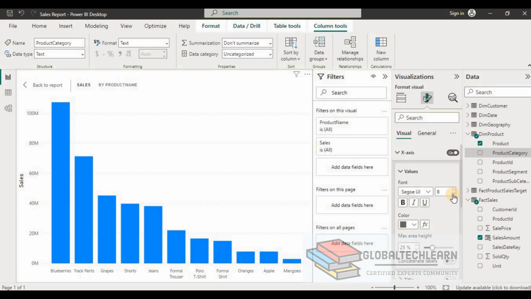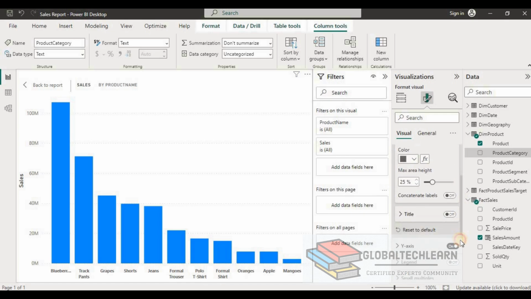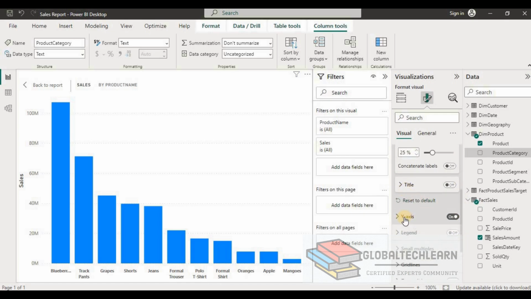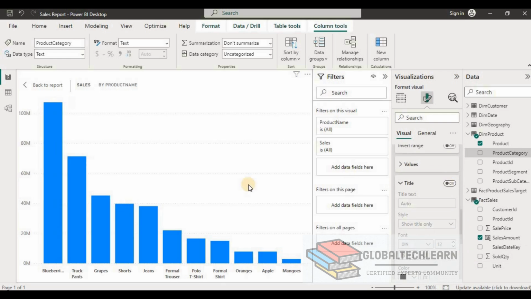Let's change the font of this x-axis column. And on the y-axis, let's hide the title for y-axis also. Now if you scroll down further, other options are coming. For example,